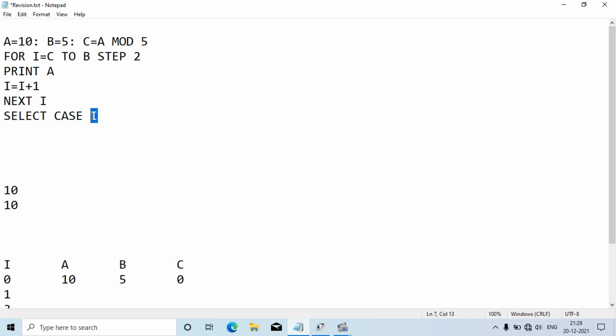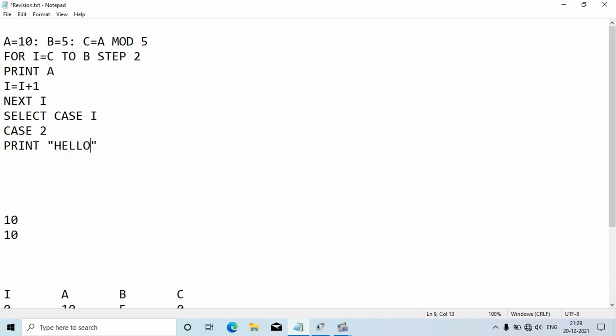Whatever value I would give here, like here I have written select case, I can give any variable over there, any variable name. So whichever variable I write with select case, that particular variable's value will associate with select case and it will start searching the related case here. Like here if I write case 2 and I print hello, okay, then after that